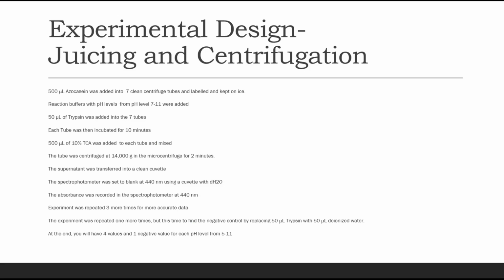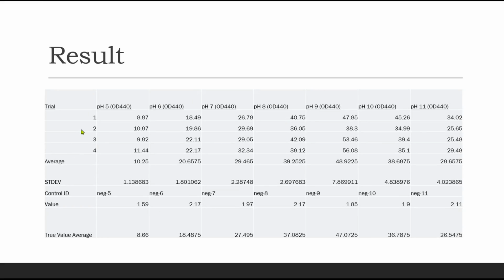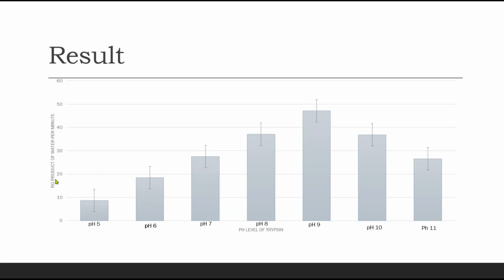11. As you can see in the results, we got 4 values for each pH and 1 for each negative control, and using the values along with the standard deviation, we were able to make a bar graph. And as you can see right here, the highest enzymatic activity is around 9, but the deviation overlaps between 8